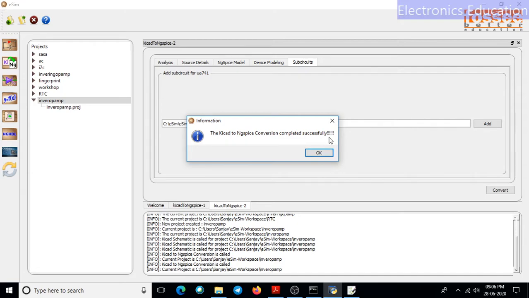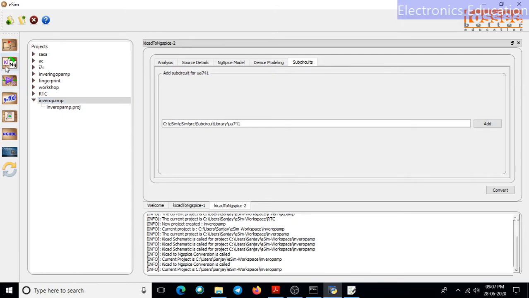If there is any error or any mistake in the process till now, it will not show such a message. It will just reply with some error, or it will not give anything. So if it is giving "conversion is completed successfully," it means we don't have any mistake up to this point, so we will click OK. After that, there is a third button here called simulation, so we will click on this. Once we click this button, a simulation will start.